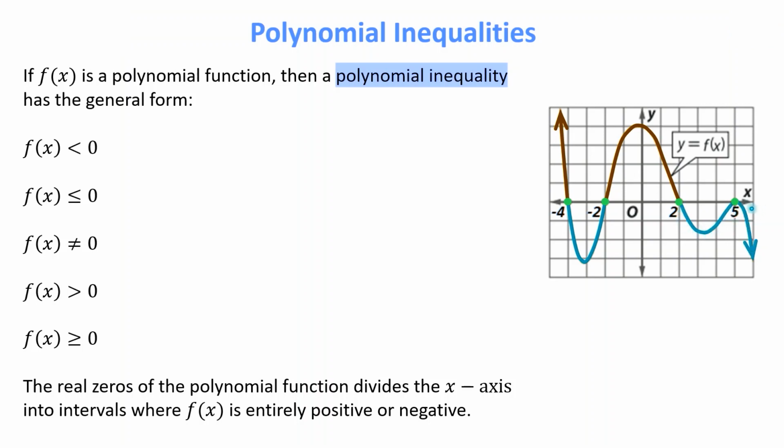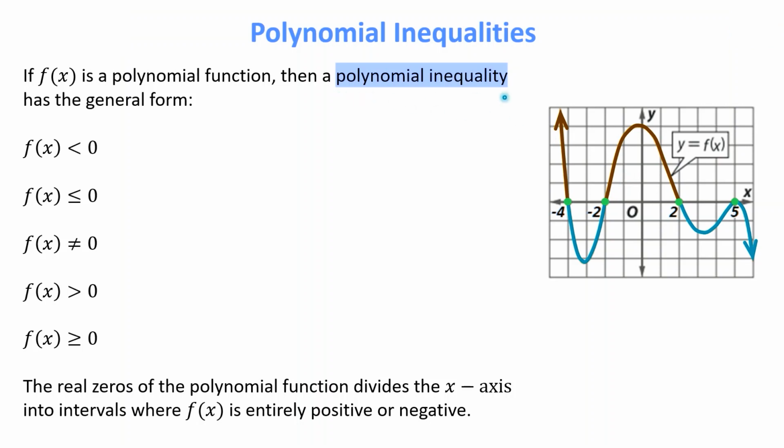And because the last section here lies below the x-axis, we can see f of x here is also entirely negative. So what we see here is that the real zeros have divided the x-axis into intervals where f of x is entirely positive, and we can see that in the blue sections, or f of x is entirely negative, which you can see in the red sections below the x-axis. So the graph you can see here does make it a lot easier to see where f of x is negative or positive. However, it can be quite time consuming to make every single time we want to solve a